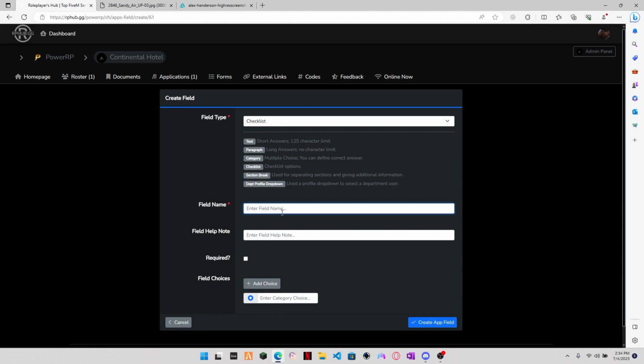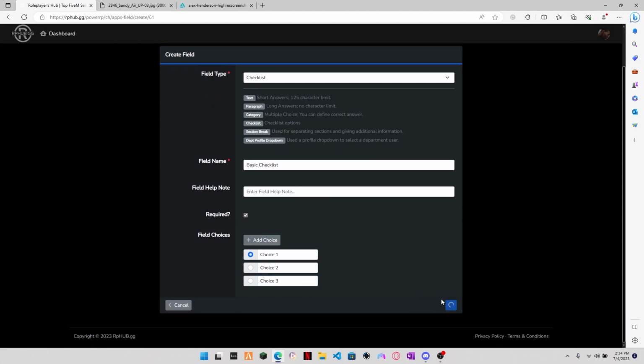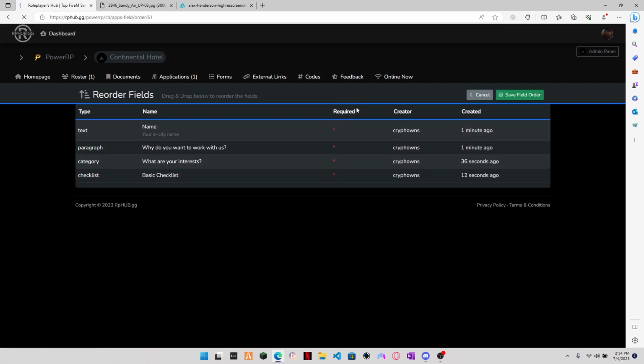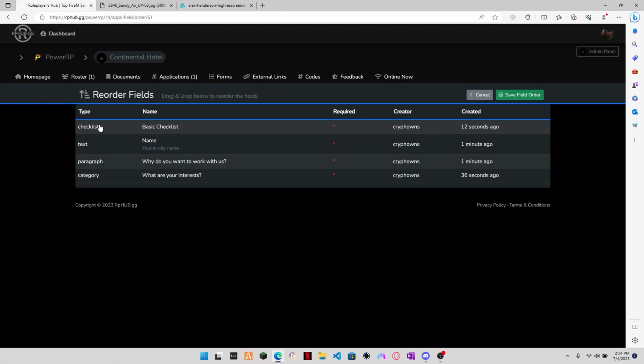All right, and then we'll also do a checklist. All right, so basic checklist. Choice 1, choice 2, choice 3. Create. All right, so after this you can reorder the fields how you would like. So let's say, for example, I want the basic checklist to be asked before the name. You can go ahead and click on reorder fields, then you drag and you bring it up here. So now it's going to be above, and if we save this